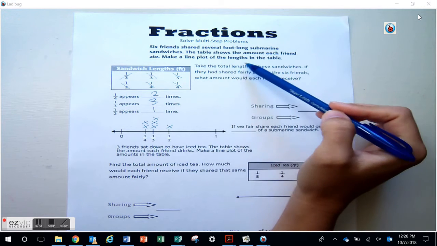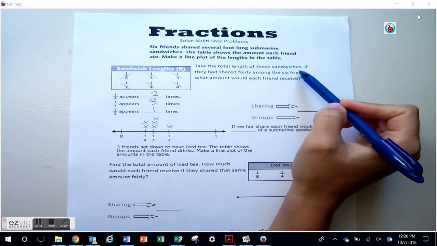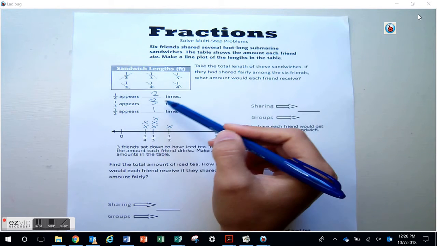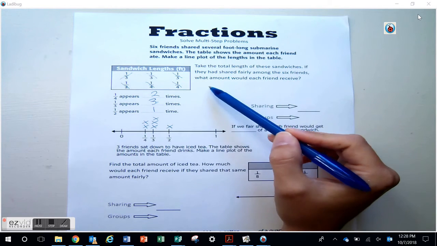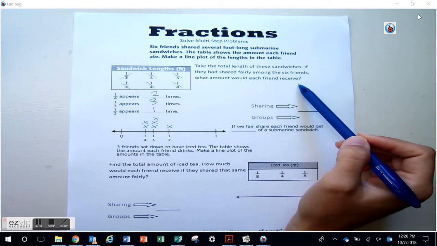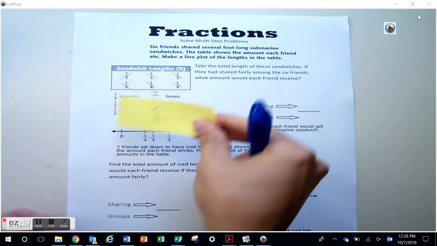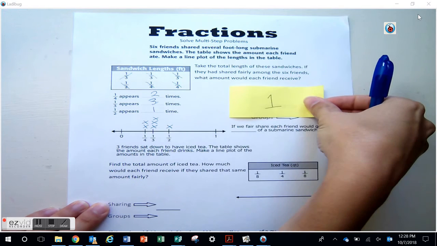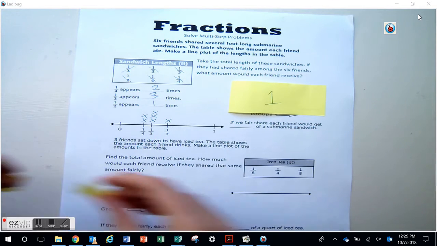They shared a submarine sandwich. The table shows the amount each friend ate. We made a line plot. Take the total lengths of these sandwiches. If they had shared fairly, because here they did not share fairly, if they had shared fairly among the 6 friends, what amount would each friend receive? Okay, so if this is the size of a sandwich, a full 1 whole submarine sandwich,